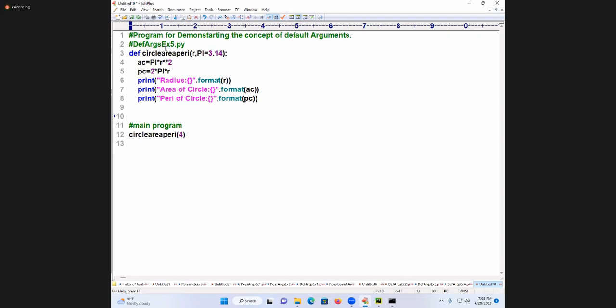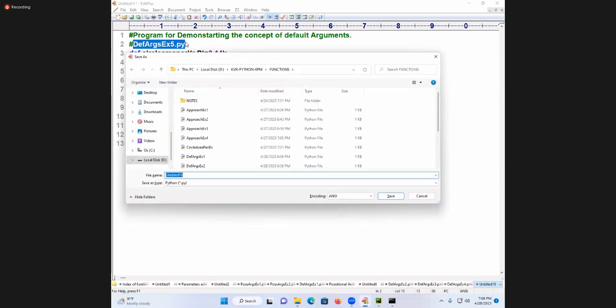What is the thing to observe here? Pi value is taken as a default argument. If I write 3.14 two times, memory space is taken twice. That's why if I write it one time, memory space is reduced, the common value is handled, everything is done. Try to run this code.